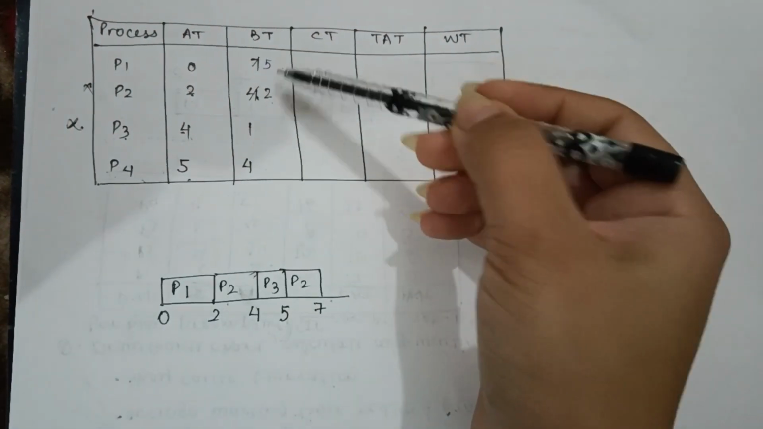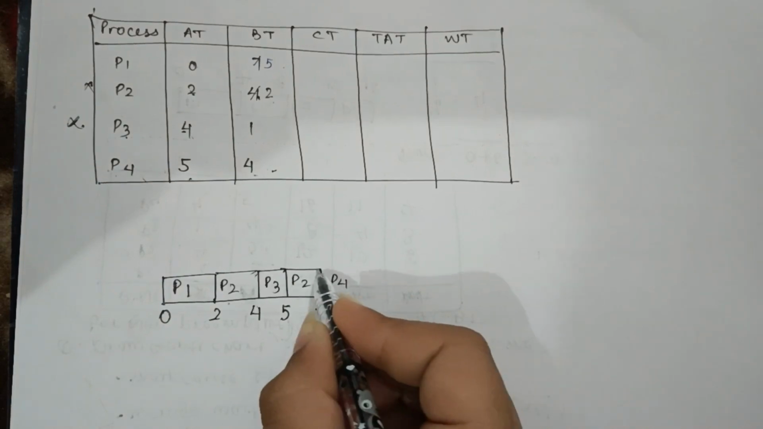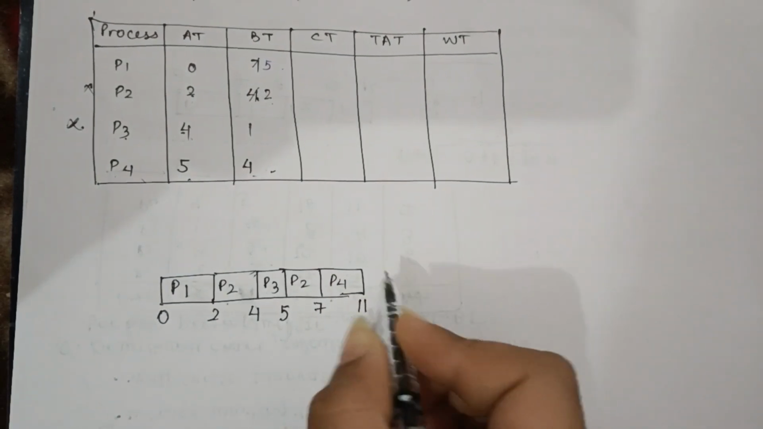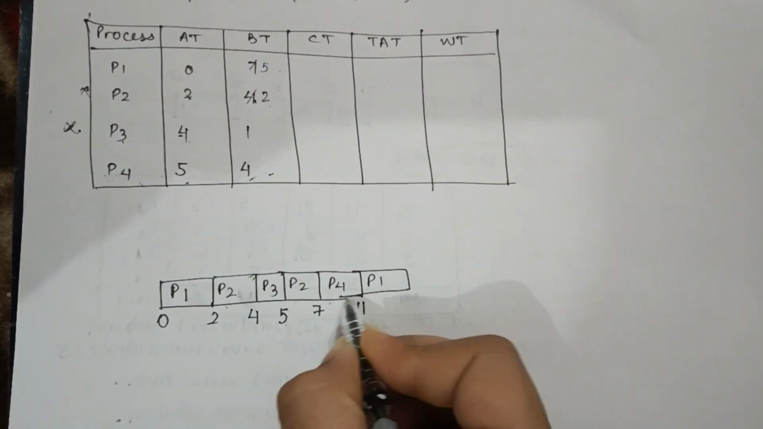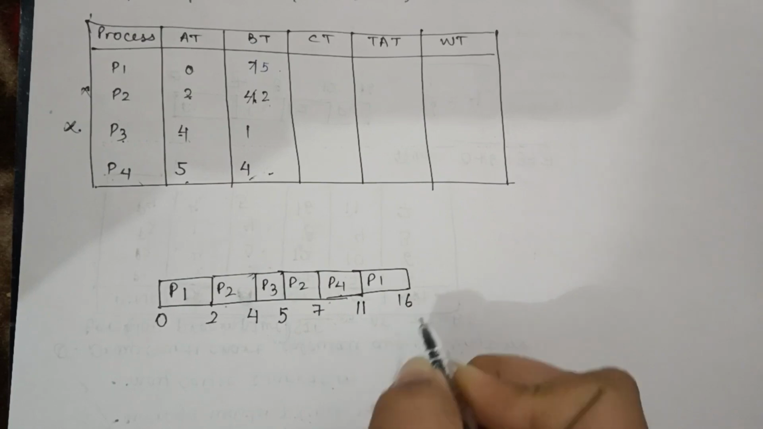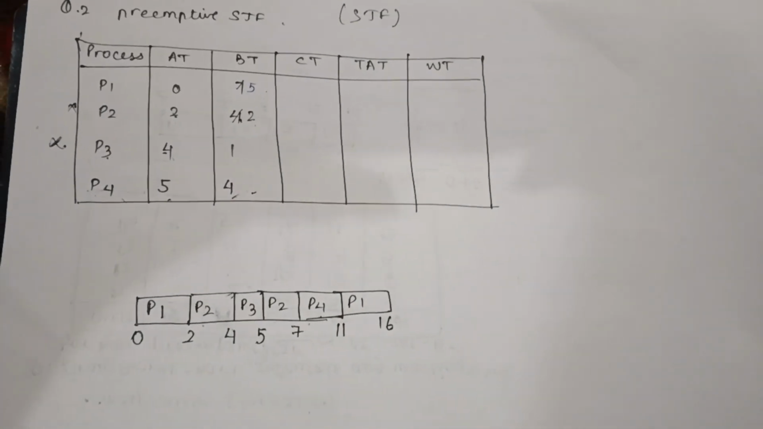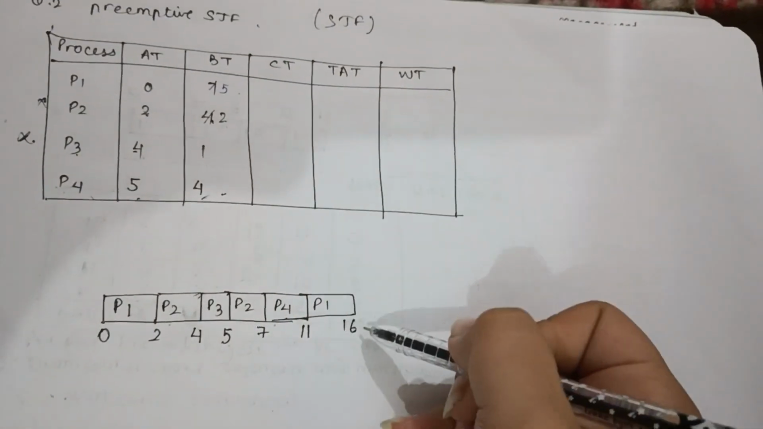Then we have 5 and 4, this is the smaller, so P4 would be executed for 4 units of time, that would be 11. And now this is completed, the only thing left is P1. It would be executed for 5 units of time, which is 16. So we have total completion time for P1 to be 16. Now let's check completion time. P1 gets completed here,